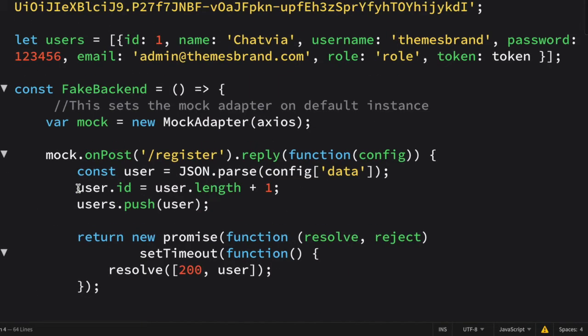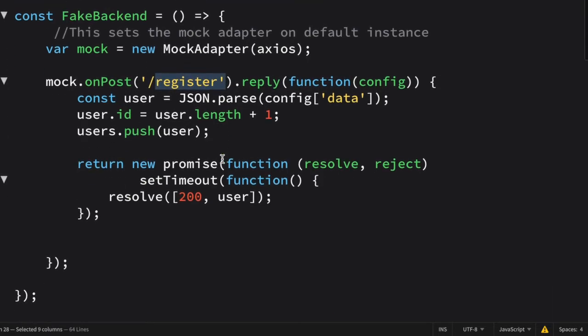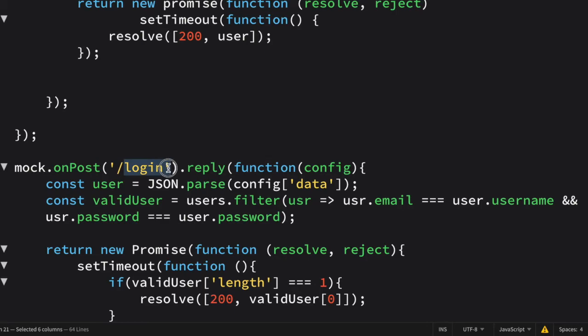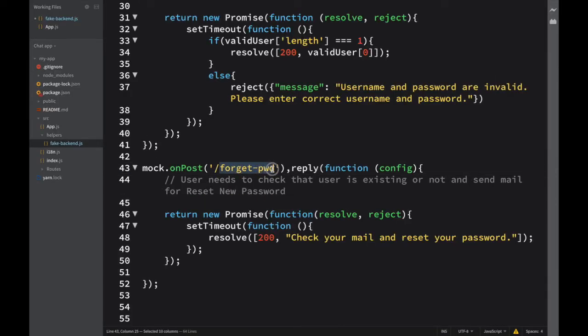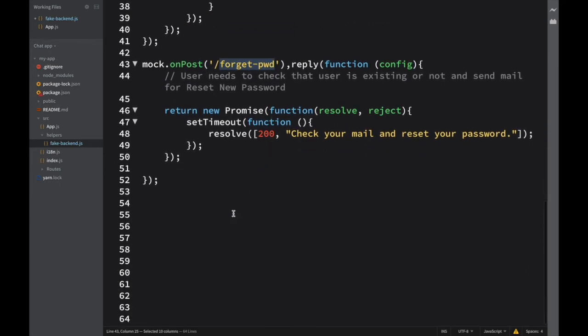So friends, I have explained how we can register a new user, how we can log in a user who is already a part of our application, or how we can reset the password if the user has forgotten his password. And after this, you already know what we need to do to make this file's code available for all of the other files in our project. We just need to export it globally.